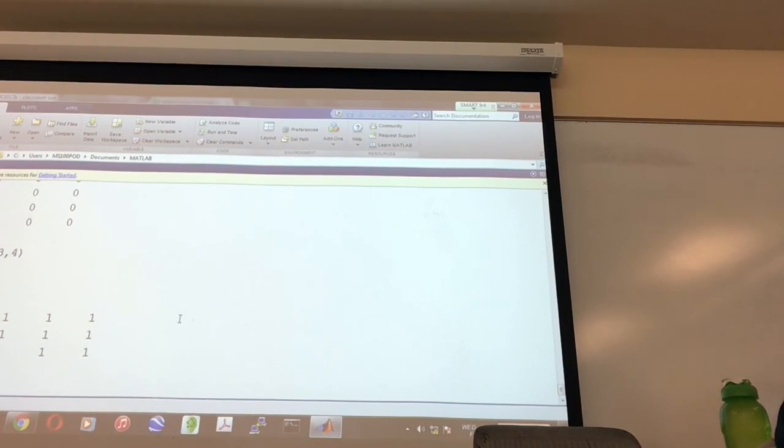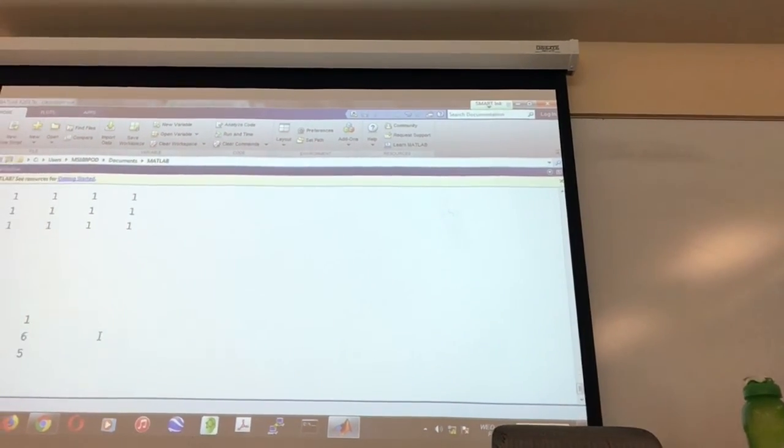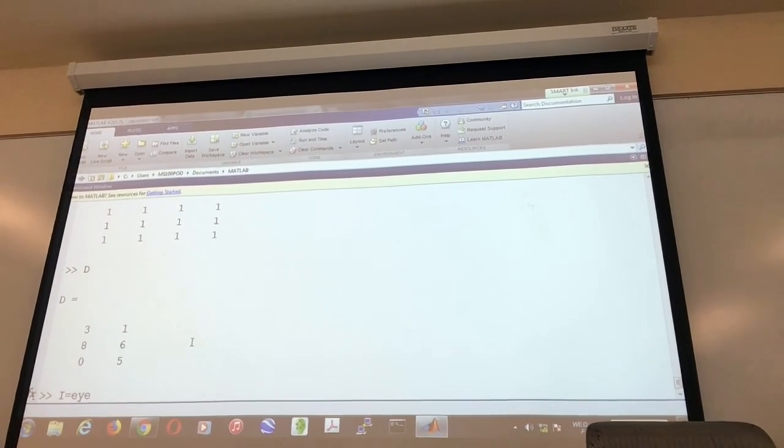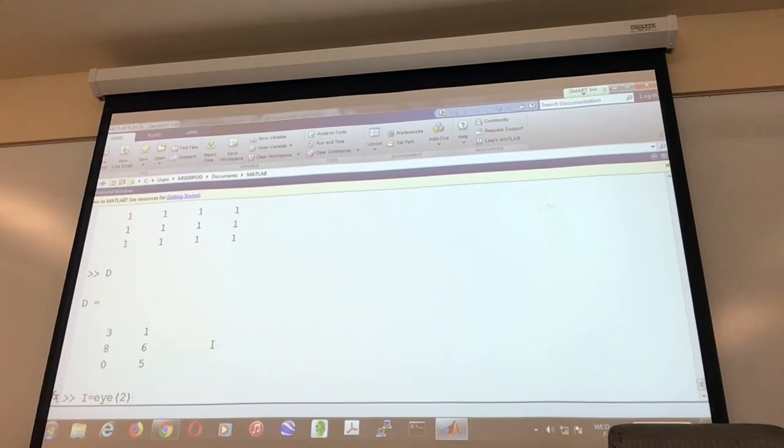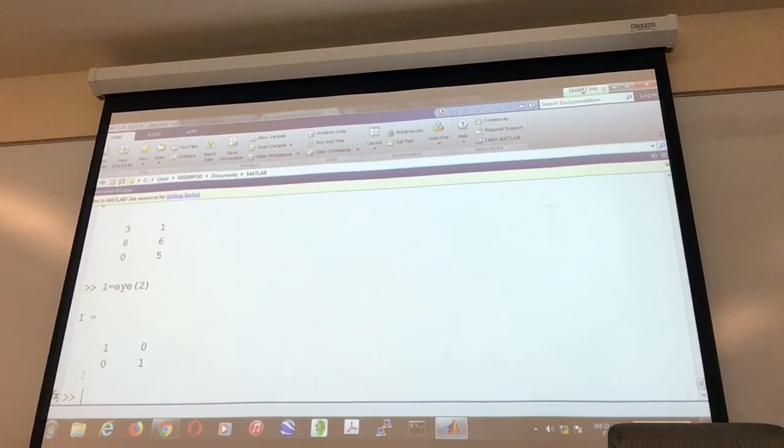So let's go back to using D. If I wanted to multiply D with a square matrix, I need something that has two columns. So to create an identity matrix, you use the command I, like the I in your head, EYE, and then the dimension of the identity matrix. So you see here it's